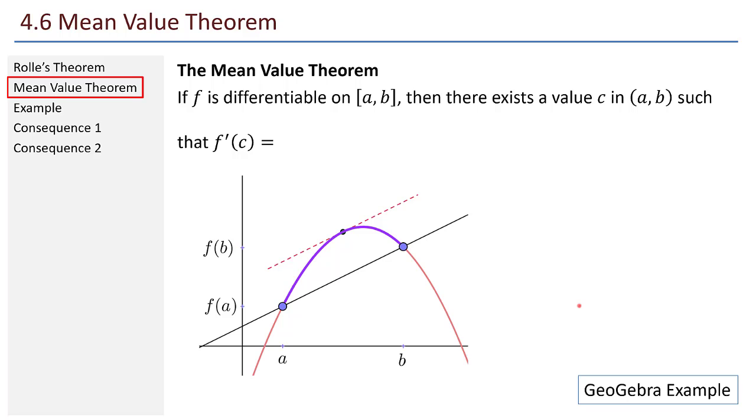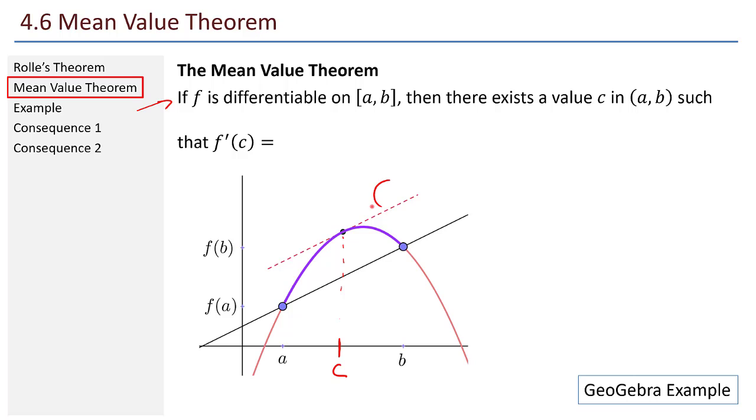The mean value theorem generalizes Rolle's theorem a little bit. It doesn't require that f of a equals f of b. In the picture here, you can see that f of a and f of b are two different values. So let's take a look at the mean value theorem. It says, if f is differentiable on the closed interval from a to b, then there exists a value c between a and b such that, well, what's going on here? So this is my c,